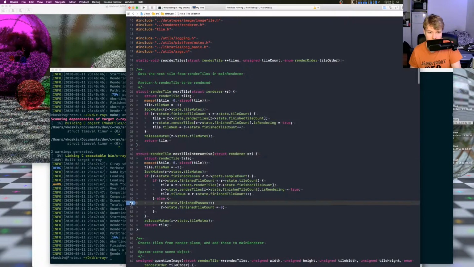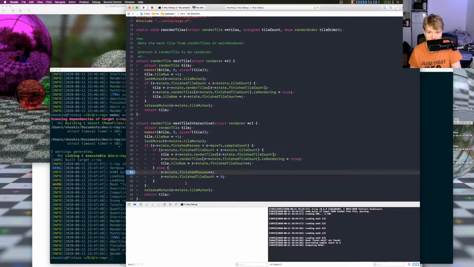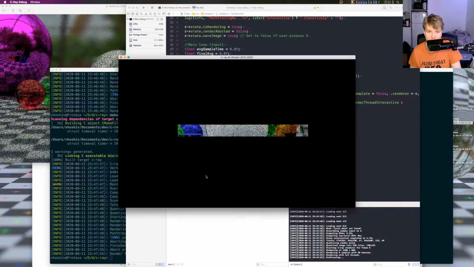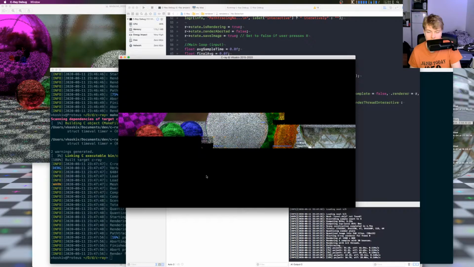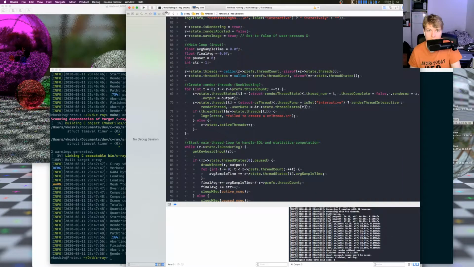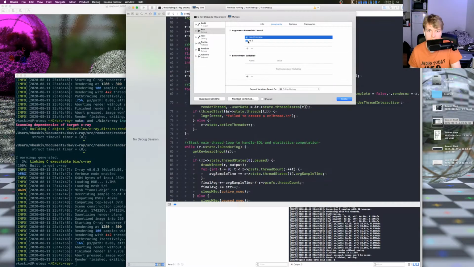So once we run out of tiles, rendering true. So it goes through each thing here. Oh, we forgot to pass in the options. Pass in the options. Which were